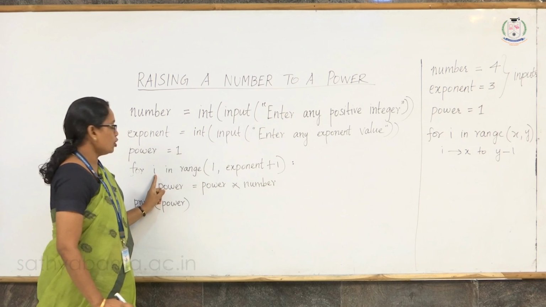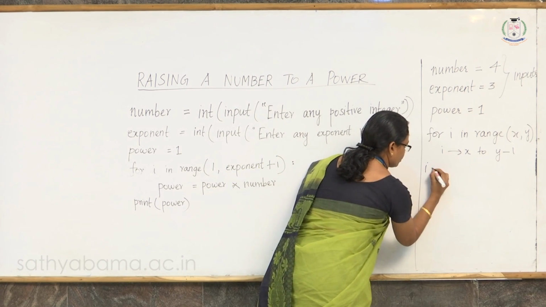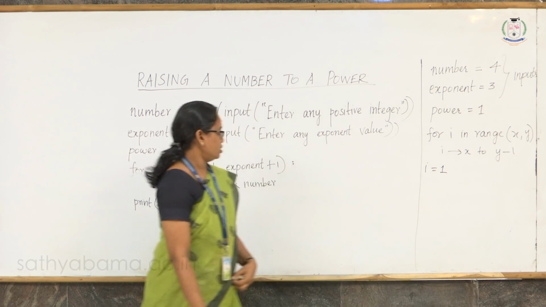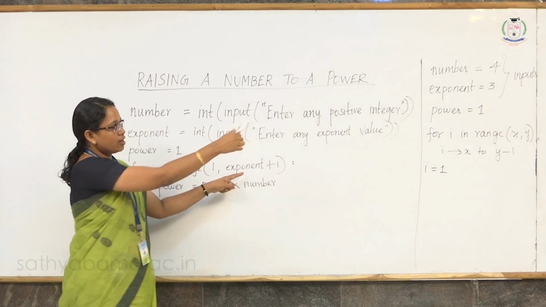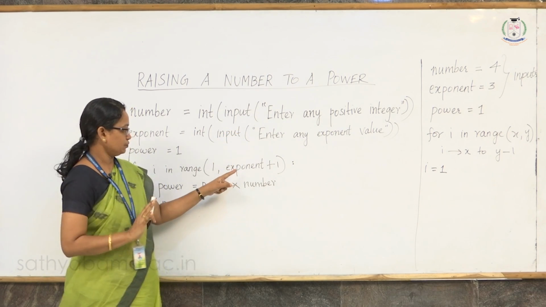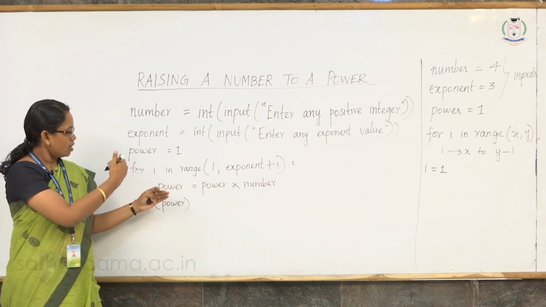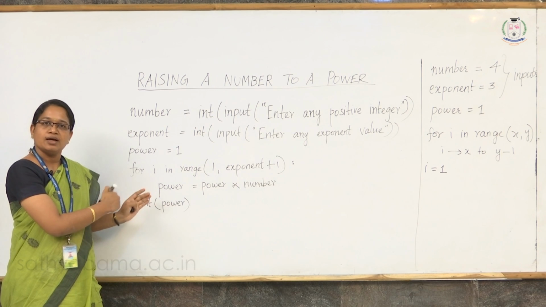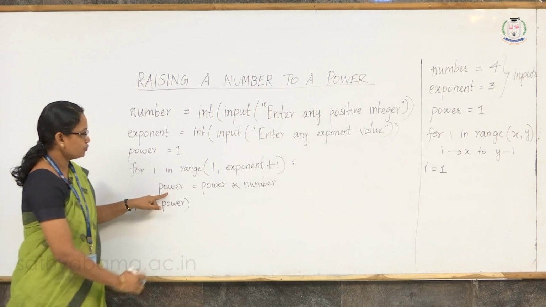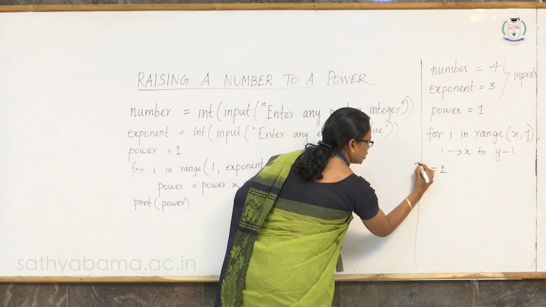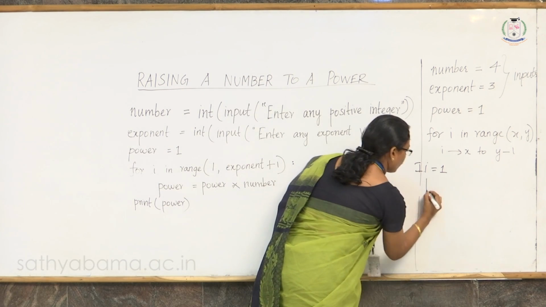So, the initial value of variable I is 1. Next the value will be 2 and then the value will be 3 because the value of exponent is 3. So, this for loop will be executed thrice. At the end the power will be computed and we can print the result. So, let us see the iterations one by one. In the first iteration, the value of I is 1 and